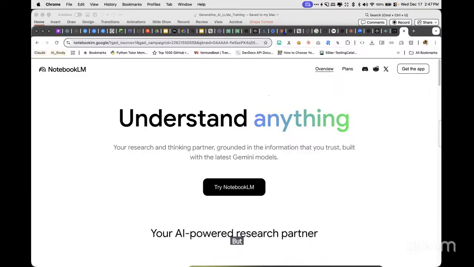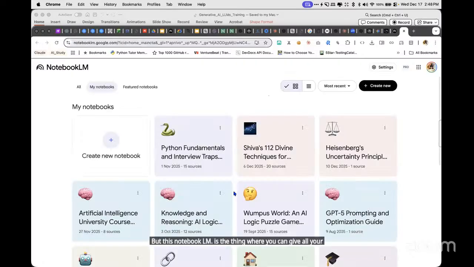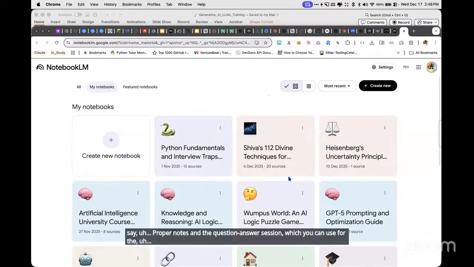But this NotebookLM is the thing where you can give all your notes in one go, and it will create proper notes and question-answer sessions, which you can use for explanation or creation of notes, or to understand the topic, etc. So say I have